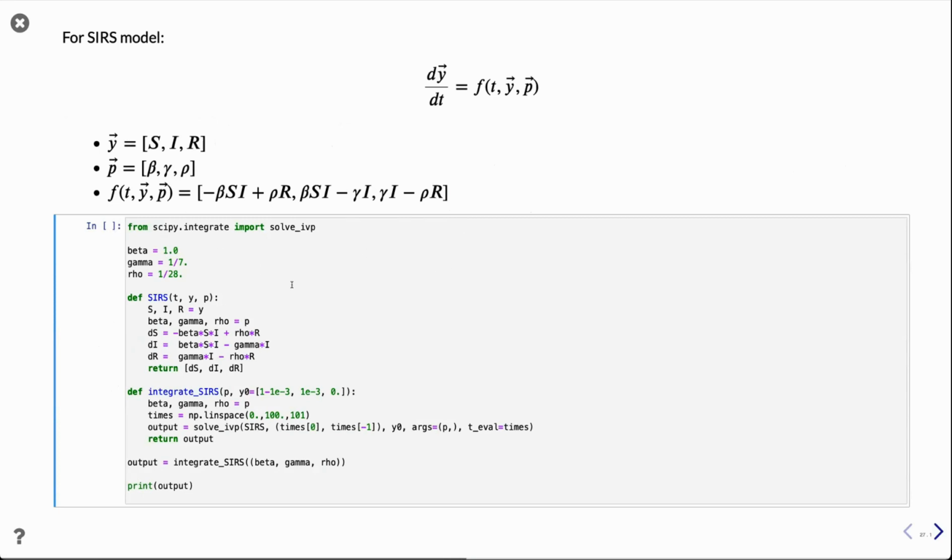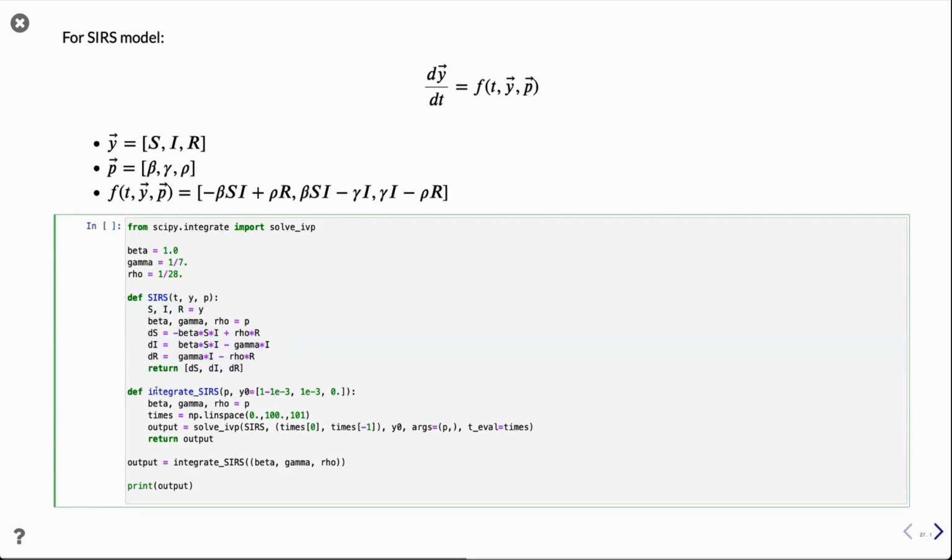And we can encode this all in Python and SciPy. So the key function we're going to use to integrate this differential equation is solve_ivp, solve the initial value problem, from the SciPy integrate submodule, and I can set some parameters. The key action here is to define this function f, this right-hand side that I'm calling SIRS, which takes t, the time, the state vector, and the parameter vector, and I can unpack those and write out these equations and return